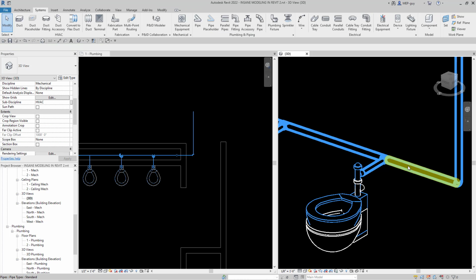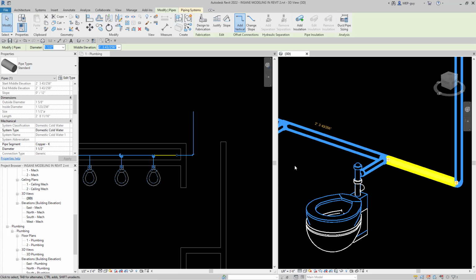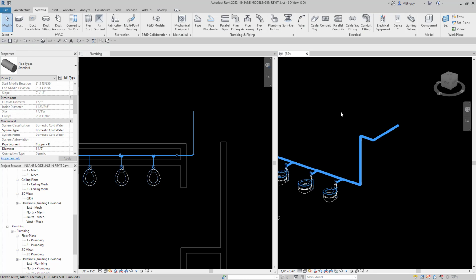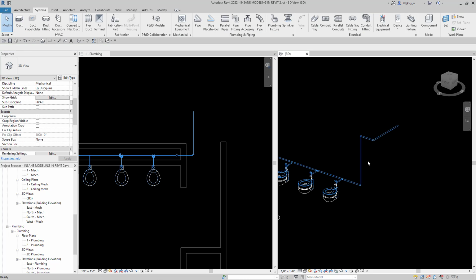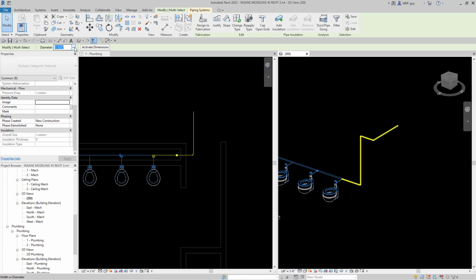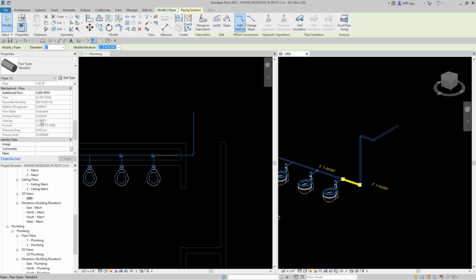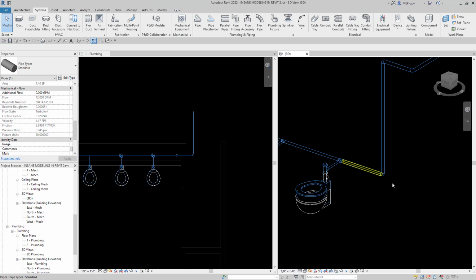Okay, it is. So at this piece, we should be about 2 inches. Oh, so it's using 1.5 inches. So I can go ahead and just make this a 2-inch piece right here, and that way I know that the piping is correct. So we'll make that 2 inches. Now let's verify our flow rate real quick. And so you can see the velocity is 4.4. So we could have made that 1.5 inches, but